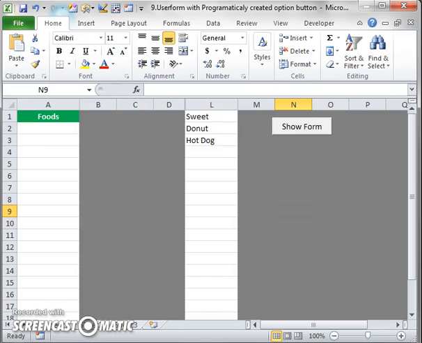Today I will discuss a user form with programmatically created option or radio buttons. Here I have done two tasks. Number one is data shown to the user form dynamically. That means